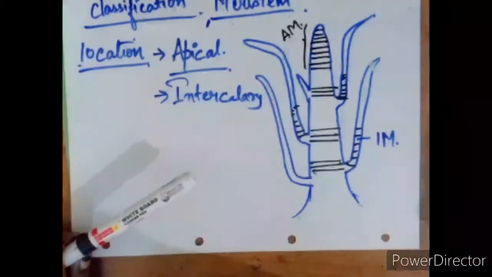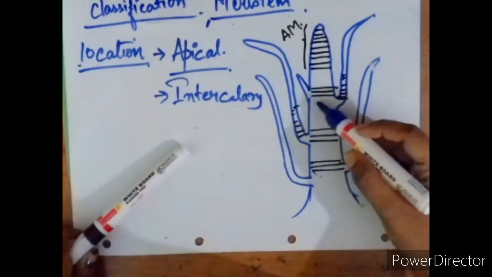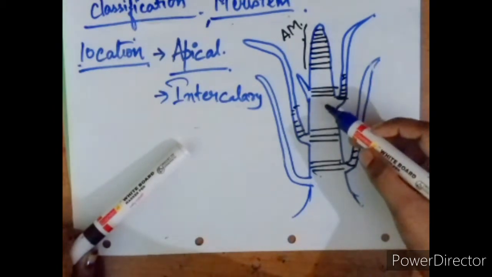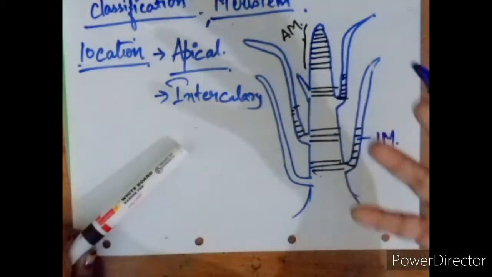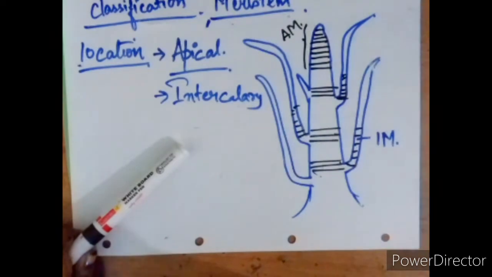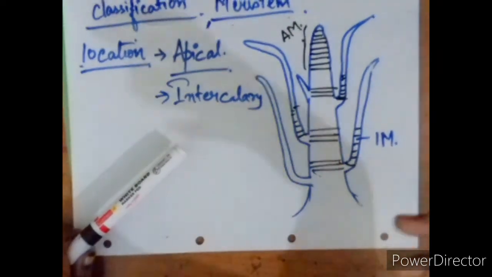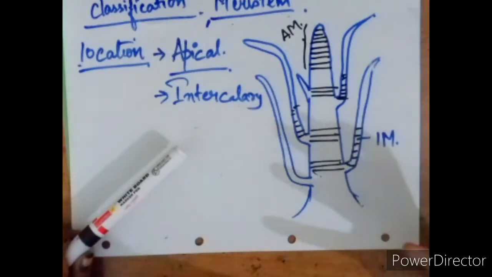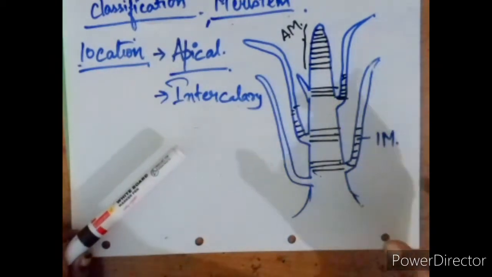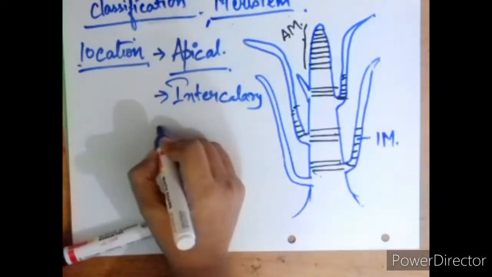It is usually found at the base of the internode. So you can see it is at the base of the internodes, and in grasses or wheat at the bases of the leaf. In pinus also we find this kind of intercalary meristem very prominently. Okay, another, the last and the main